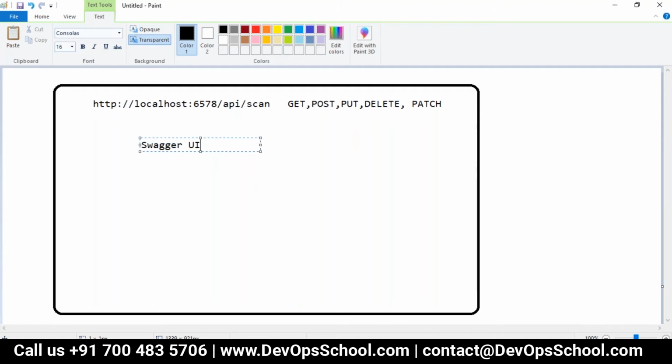So we will be configuring Swagger in our application. That is, when you develop any application, we can add the dependencies and we can enable the Swagger UI. Like how you use other annotations, we will be using Swagger annotations in our controller where you want to write it. So based on that, when you run your